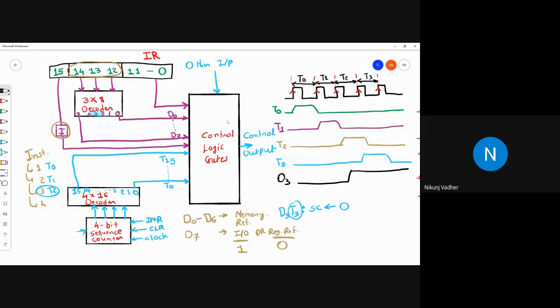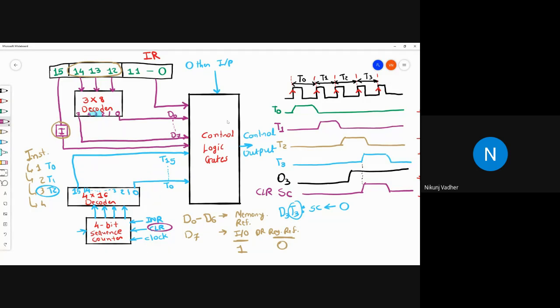But at T3, the sequence counter will be cleared. So the clear input of the sequence counter will be set to 1. So instruction execution will be over, and the next instruction will be fetched.